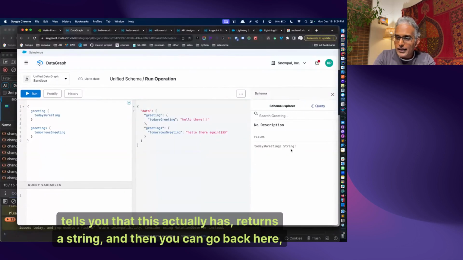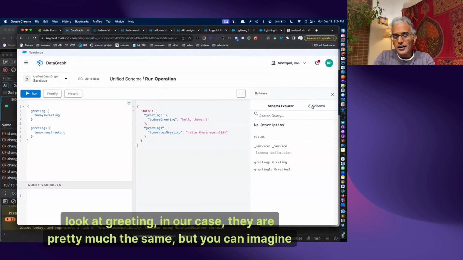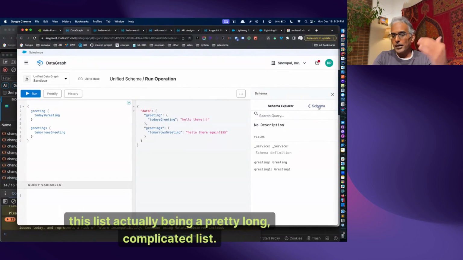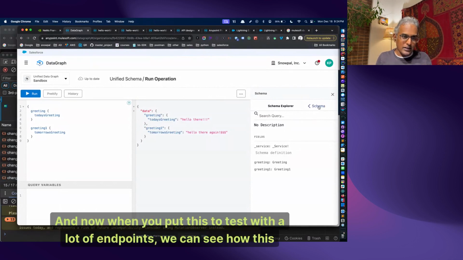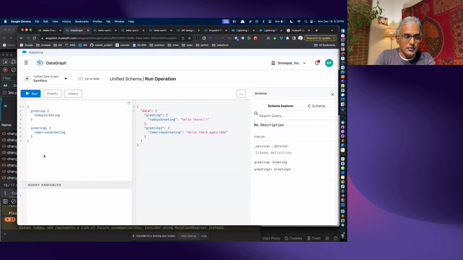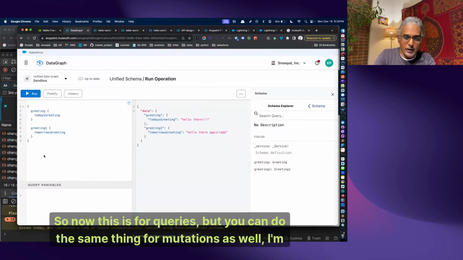And then you can go back here, look at greeting. In our case, they are pretty much the same. But you can imagine this list actually being a pretty long, complicated list. And now when you put this to test with a lot of endpoints, we can see how this works. Now this is for queries, but you can do the same thing for mutations as well, I'm pretty sure,